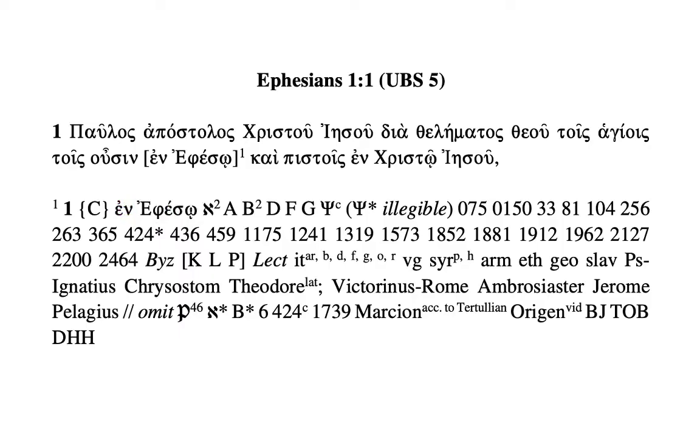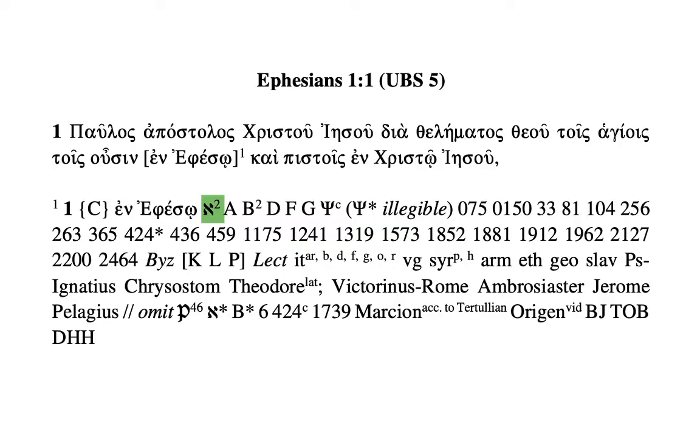And so their decision to print en Epheso is supported by the following witnesses, beginning with Aleph, but not the original hand of Aleph. Aleph is Codex Sinaiticus, and the raised 2 means that we're dealing with a correction in Codex Sinaiticus, not the original hand. The original hand is going to be signaled by an asterisk or a star next to the witness. And so whenever you get a corrected reading, like we do here with Aleph 2, be on the lookout for an original hand being written somewhere else in the footnotes. So Aleph with a raised 2 means we're dealing with a later correction,